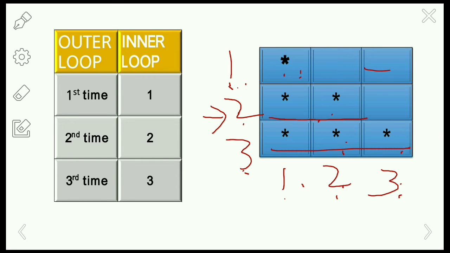That's why I am using the outer loop. For the first time it is going to run the inner loop once, for the second time it is going to run the inner loop twice, and for the third time it is going to run the inner loop thrice. So based on the running, if the inner loop executes once, it is going to print 1 star. If the inner loop executes 2 times, it is going to print 2 stars, and similarly if the inner loop executes 3 times, it is going to print 3 stars in the